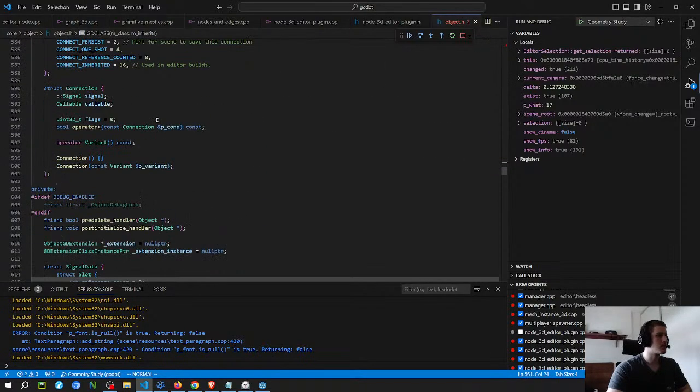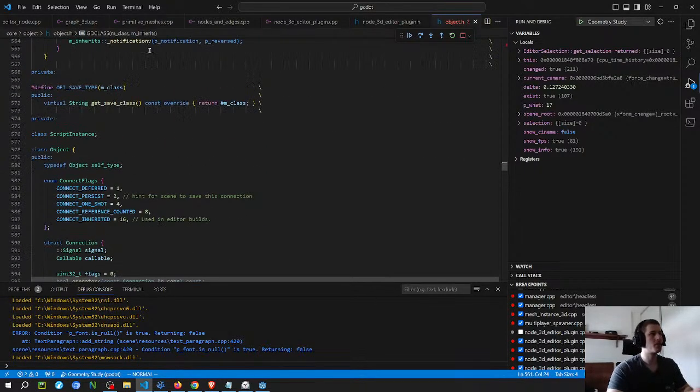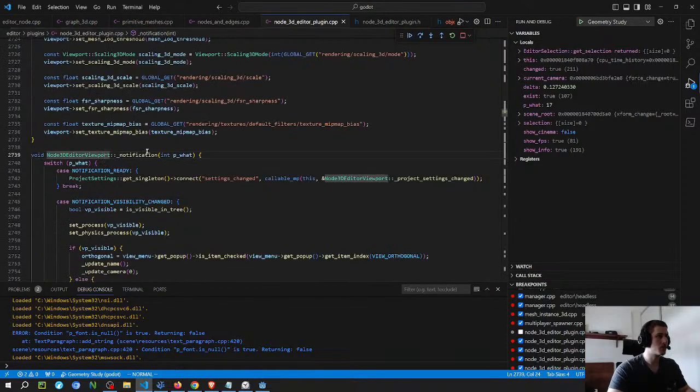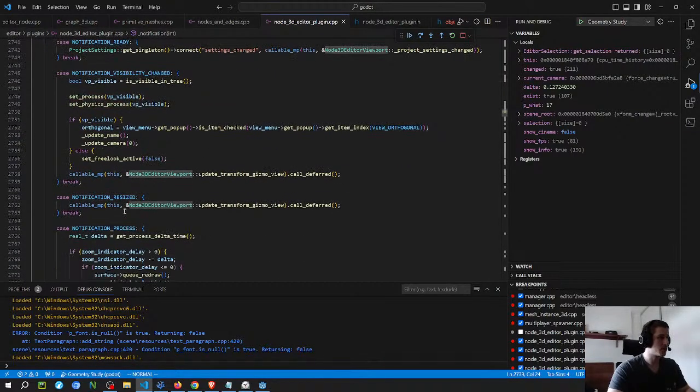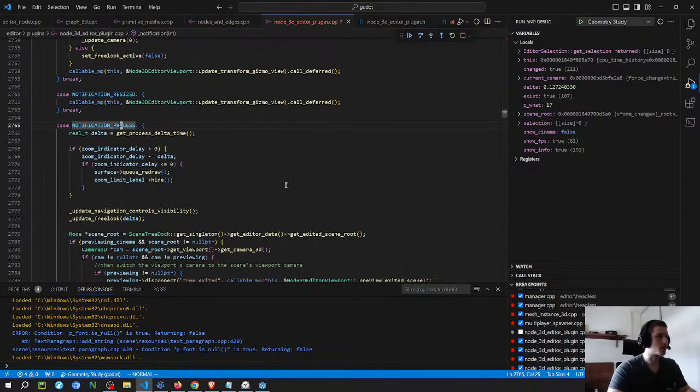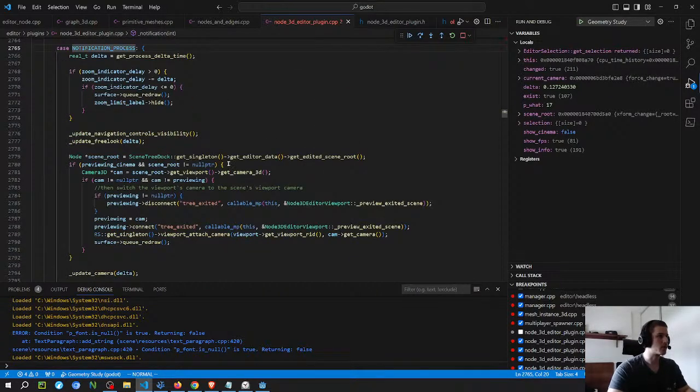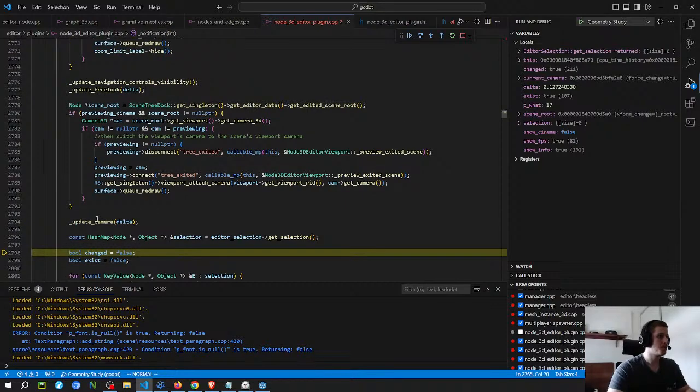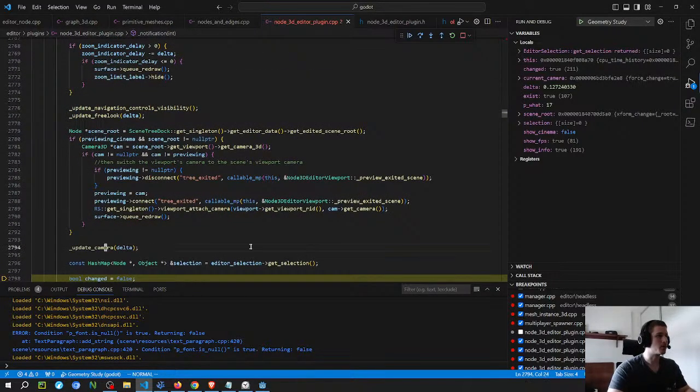So, the process part of the cycle runs every frame. That's why I think that is off by default, and you have to manually turn it on. But it looks like here it is calling this, and this one is going to update the camera. So it makes me think that